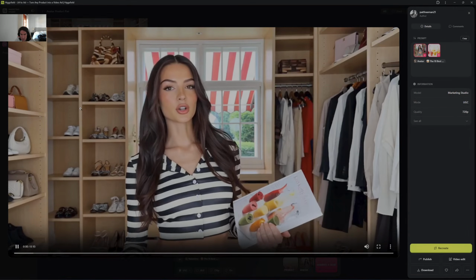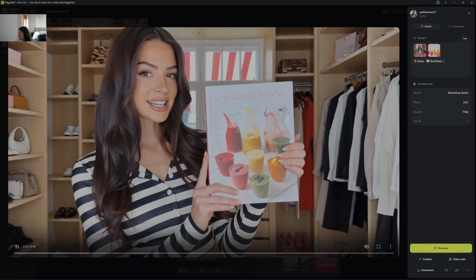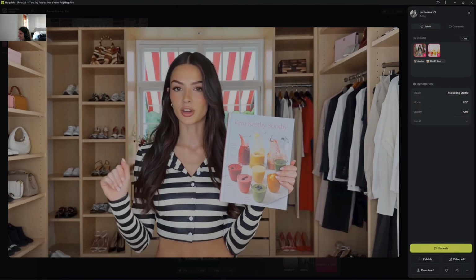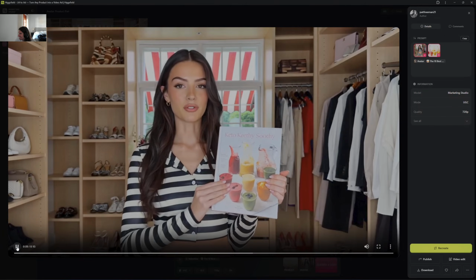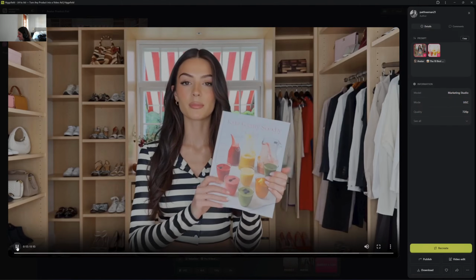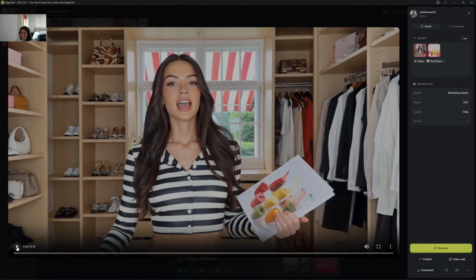If you're doing keto and you're bored of the same old, this is the Keto Smoothie Cookbook. It has 10 different keto smoothie recipes, all low carb, keto friendly. I didn't think smoothies could actually keep me full, but these ones do. They're packed with healthy fats and fiber, and there's so many different flavors to choose from. So easy, grab it. That's good. All right, I can dig it. That's good. Like, hey, I'll take it.